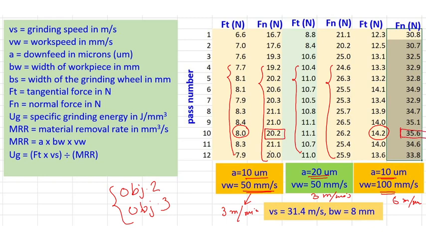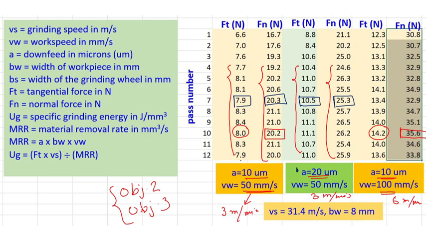If you compare objective 2 also, it is interesting. How is it interesting? Let us say this is almost 8. Here you have doubled the downfeed, but this has not become 16. This has become only 10. Here it is 20 normal force. Here it has become 25. It has not become 40. So these would be interesting graphs that you have to plot.